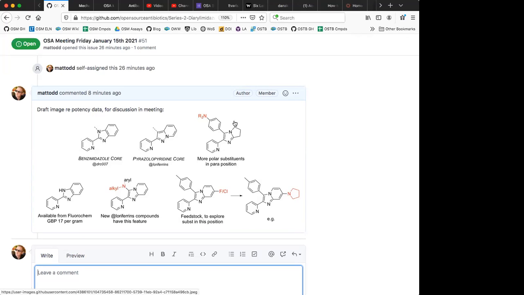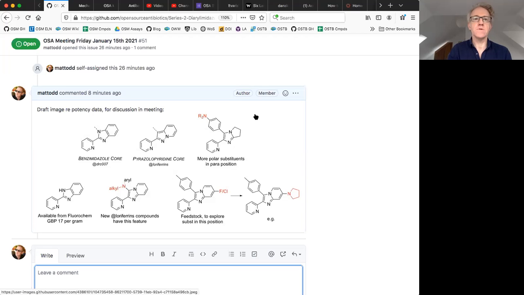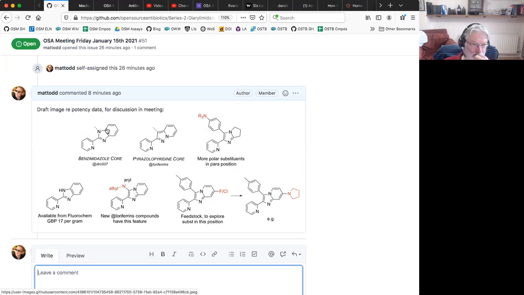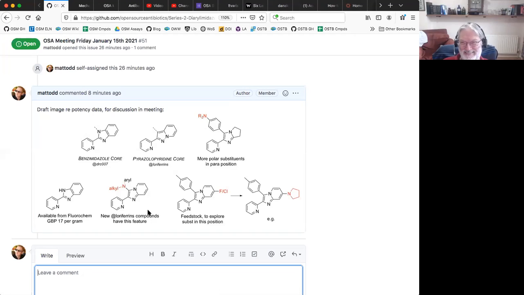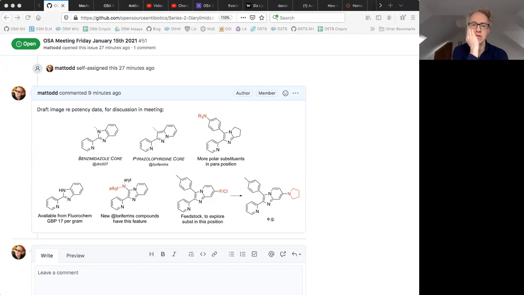Believe it or not, for Chris's benzimidazole hop, I actually found the core cheaper at Sigma. It's 24 quid for 5 grams. Okay, great. That's the kind of thing that's going to be useful. So this guy here, sorry. Yeah, that's great, isn't it? I mean, we can do a huge amount with that. It's good if it's active. No, sure, but we just need to make it one. Yeah, that's right. Which is very nice. So we can play with that. So that's definitely on the shopping list.